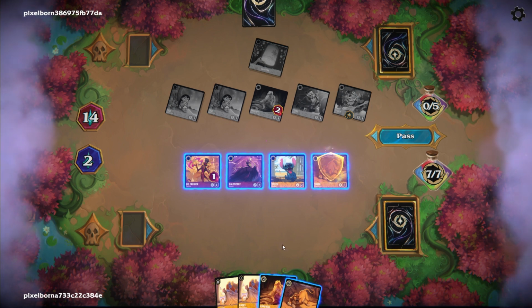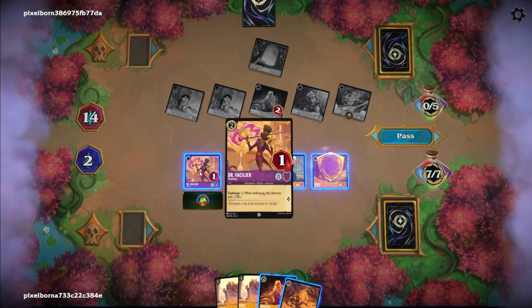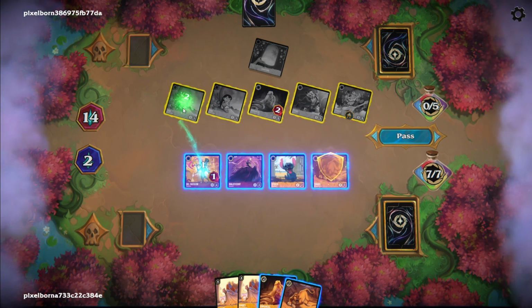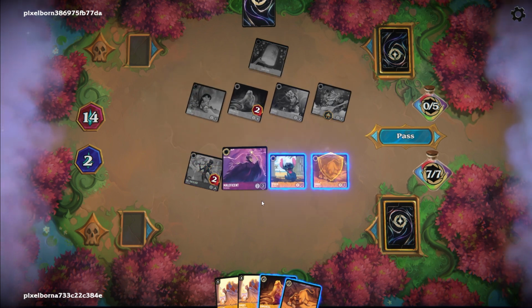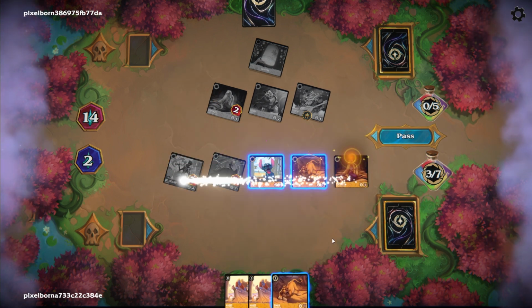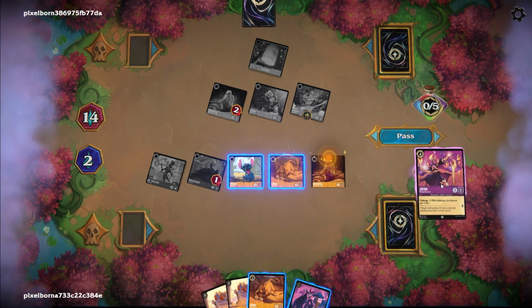So let's see what we can do. So we definitely want to go ahead and get rid of these Lilos because they're questing for 2. So we'll get rid of this one, we'll get rid of this one, and then we can use Rapunzel here to heal the Felicia for 2 to draw 2, find a Jafar and a Maleficent, so I can actually...